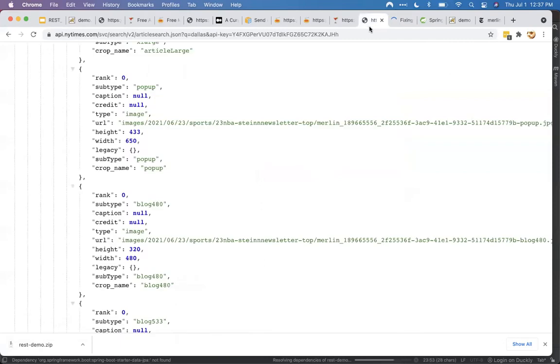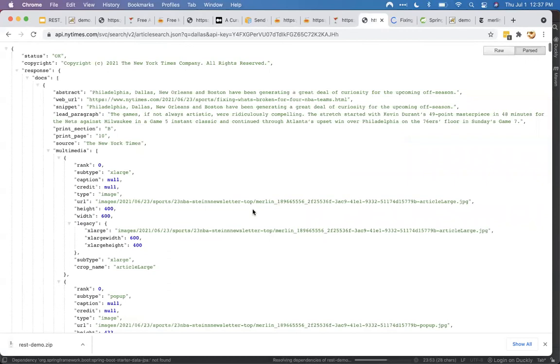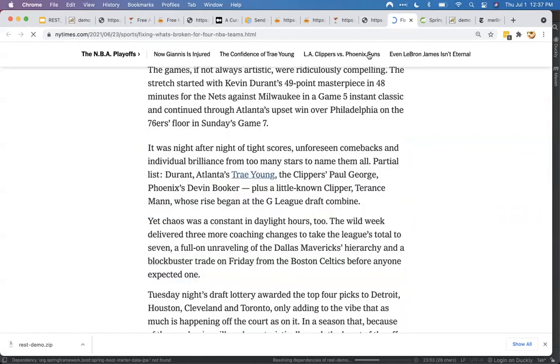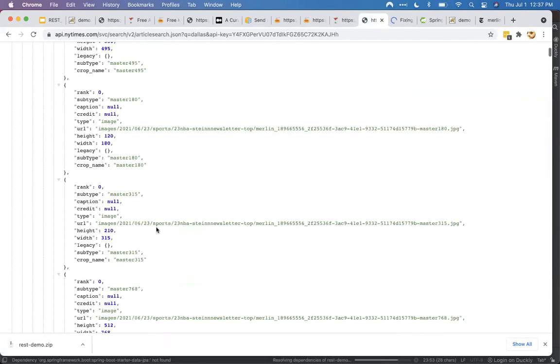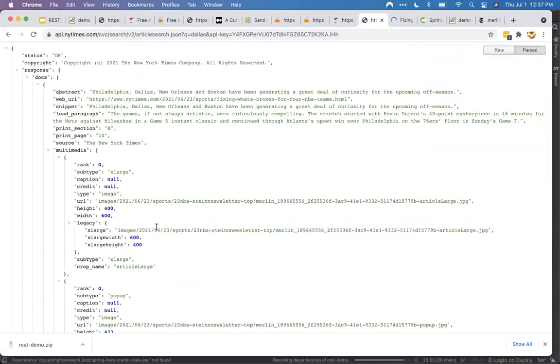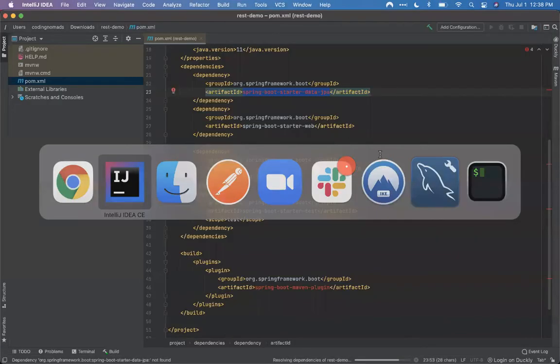So this just goes to show you that via this RESTful API in JSON, I've got access to all the information that you would find, not all of it, because it doesn't give you the whole article. It just gives you the lead paragraph, the snippet, the URL, the images, the author, all kinds of additional information. But then in my Java application, which I hope to show you briefly, I'm running a bit behind time here, it's quite easy to map this JSON information onto Java objects in my application, which if these dependencies ever finish downloading,